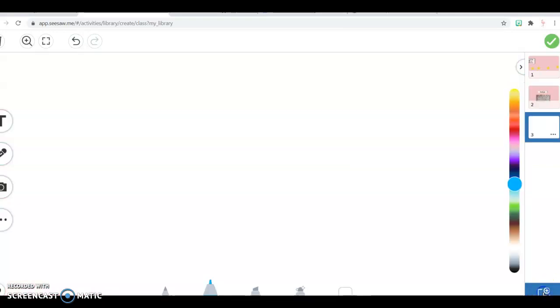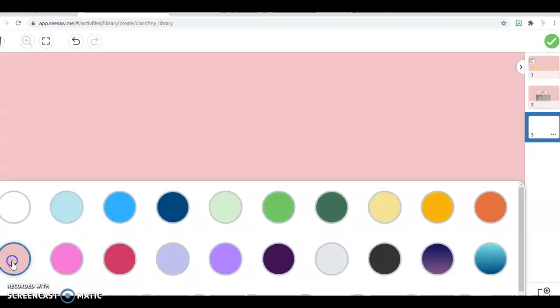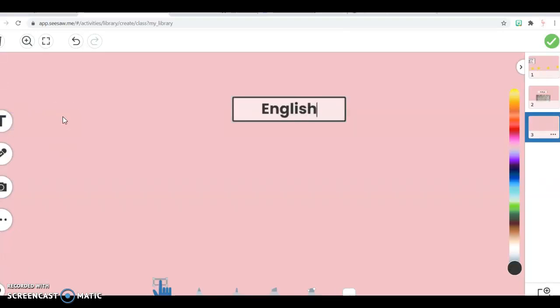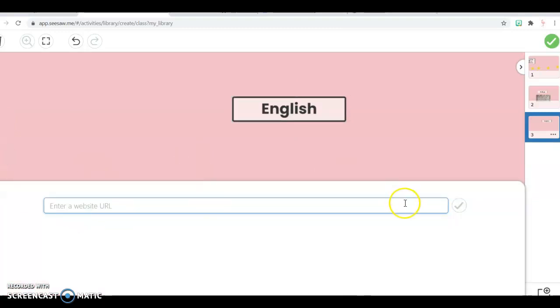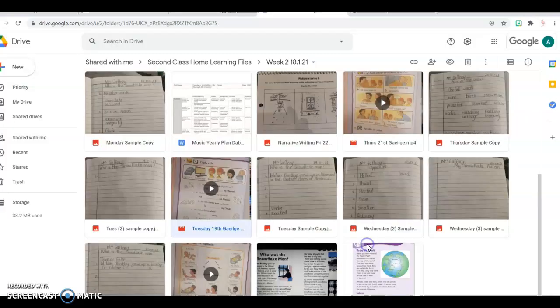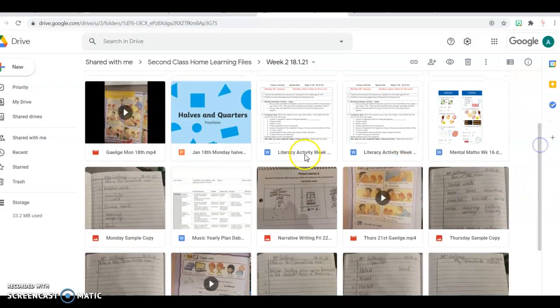So then we do another page, and we change the background again, dusty pink. We'll add in a text box and we'll say English. So in English, we're going to link 2 pages. The first page will be the link to the parents' activities, you know, as in like what the list of things that the parents have to do with them, like reading the questions and that. So it'll be